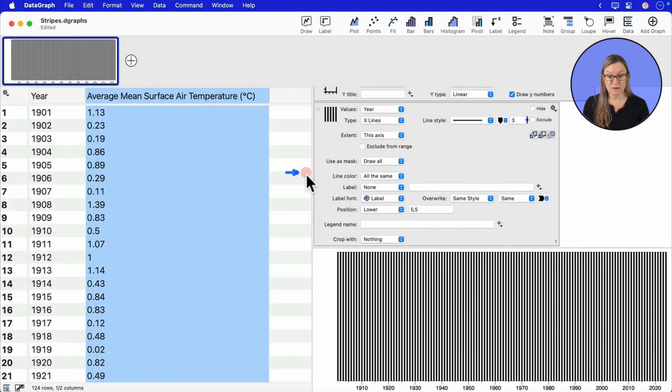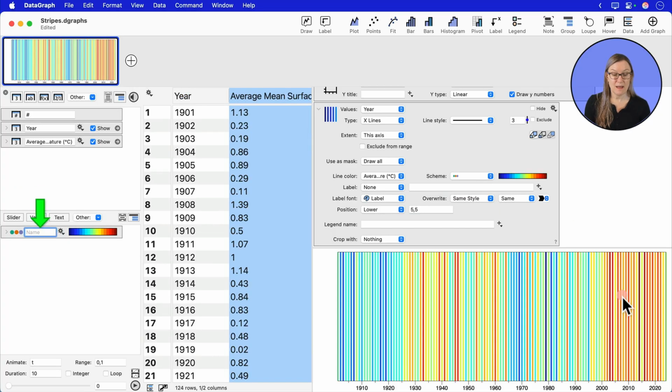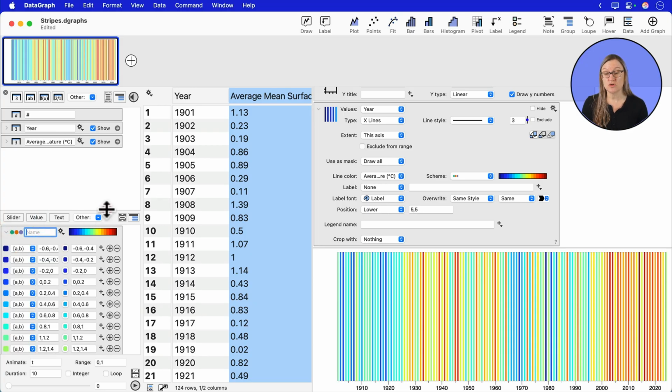To do that, you'll see there's a line color option, currently says all the same. Let's change this to using that temperature column. Then I have another option that pops up. It says color scheme or just scheme. And if you click that, it will let you select one you've either created or create a color scheme from scratch based on this data. Boom, now I have color, and it will automatically pop up the side panel to show you the color scheme